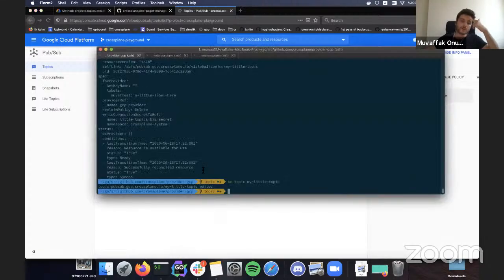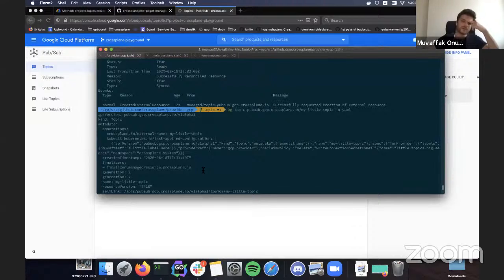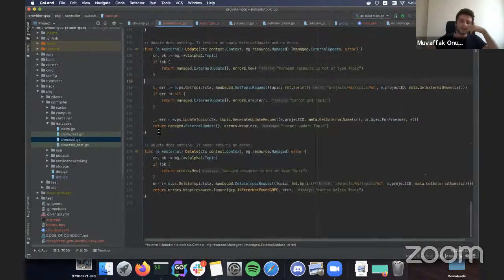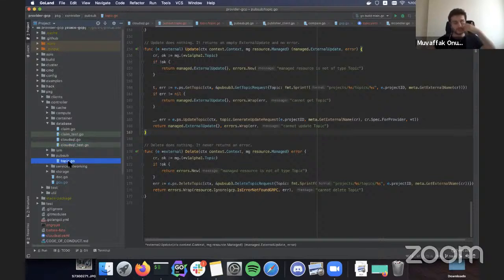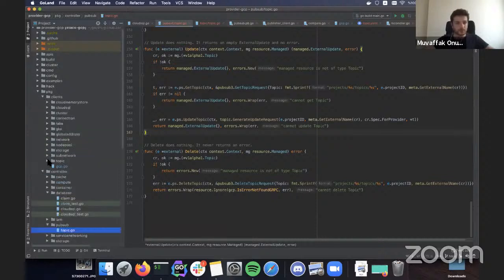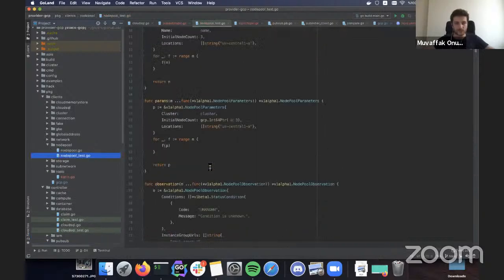Cool. So this is pretty much the full-fledged controller that we write for one resource. There are a few things left, like unit tests, obviously. Usually we write a unit test for the controller, and in some cases we have tests for some functions here.